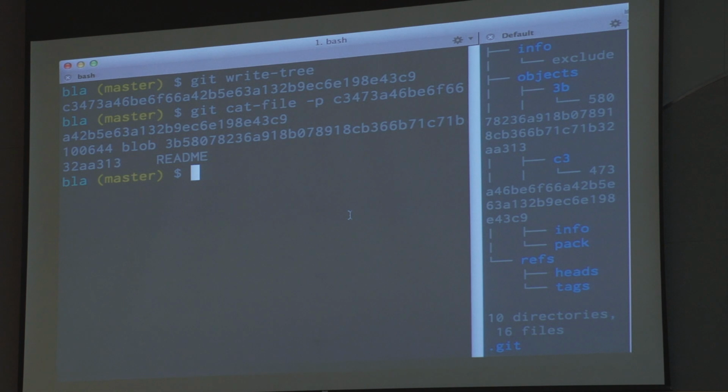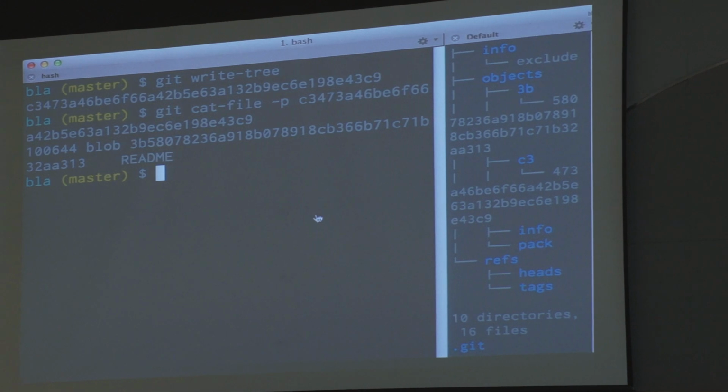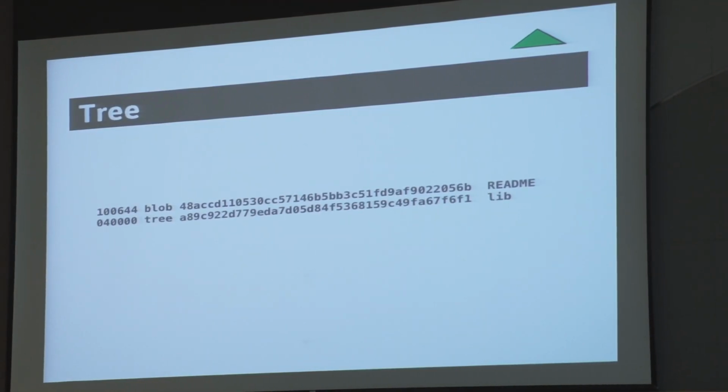Does that make sense? So now if I had two files in the working directory, what would Git have done? Git will have written two lines. And I can show it to you right here. This is a simple structure. This is a slightly more elaborate structure. I might have a subdirectory inside the working directory.